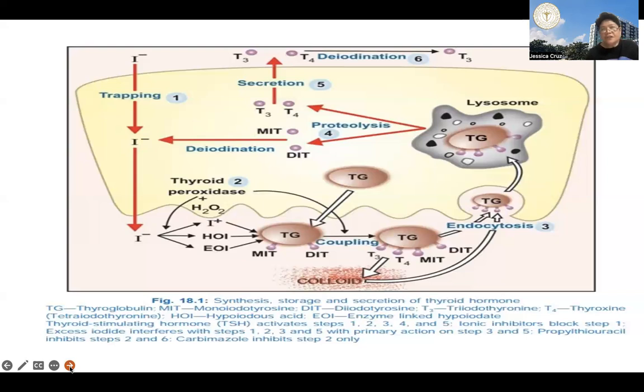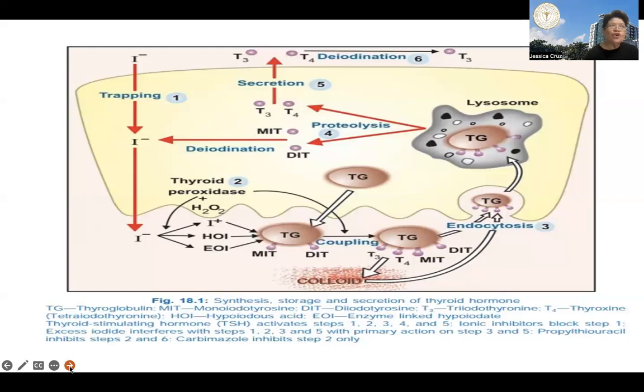Now, from the apical cell membrane, iodide is oxidized into iodine by the thyroidal peroxidase or TPO enzyme. When it's converted to iodine, it is incorporated into tyrosine residues within the thyroglobulin molecule. And it forms monoiodotyrosine and diiodotyrosine, MIT and DIT respectively. This process is what we call iodide organification. Now, this enzyme, thyroidal peroxidase, is inhibited by high levels of intrathyroid iodide, and this is also inhibited by thioamides. Thioamides are a main class of agents used for hyperthyroidism.